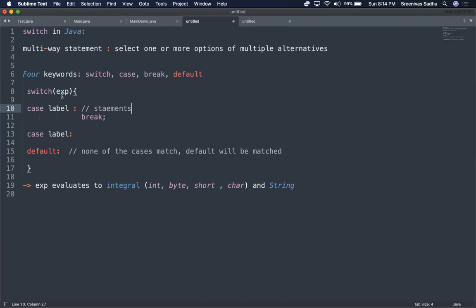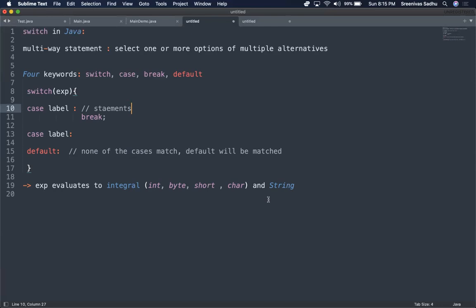And the most important thing is the switch expression. Whatever expression the switch takes evaluates to integral values or string. Integral values means integers plus character, or it may be a string also. It cannot evaluate to a Boolean or a floating value, because it evaluates only to integral and string.